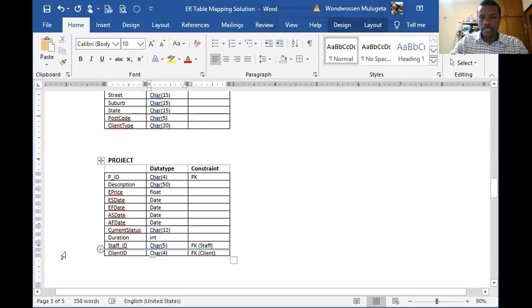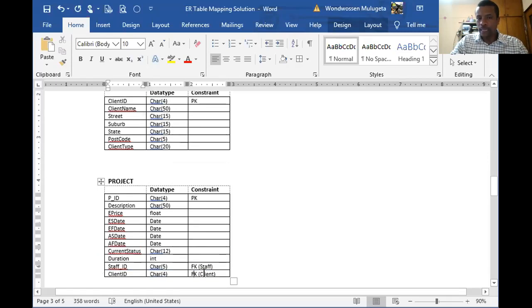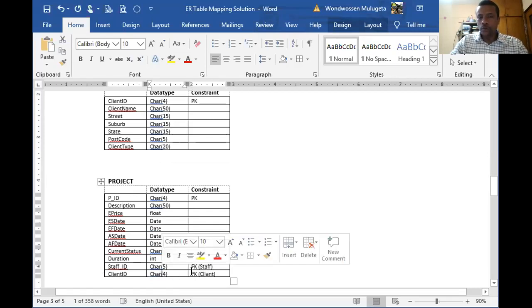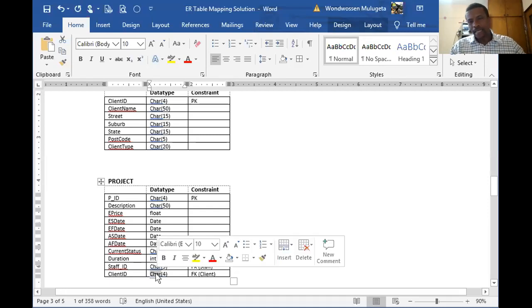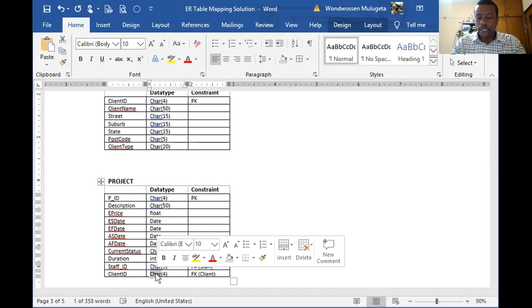For example, in this case, the client attribute is a foreign key from the client table, which means the data type should be identical with the attribute in the client table. If you go to the client table, it says character size of 4 here. Here also it says character size of 4. So make sure that the primary key and the foreign key have exactly the same data type and size. Otherwise, the referential integrity is not going to hold, because we know that referential integrity is concerned about